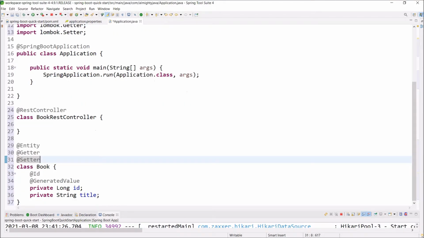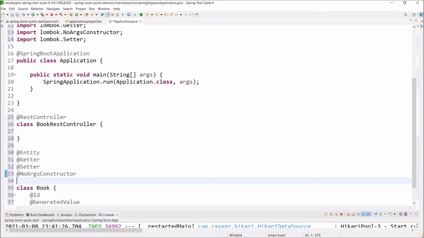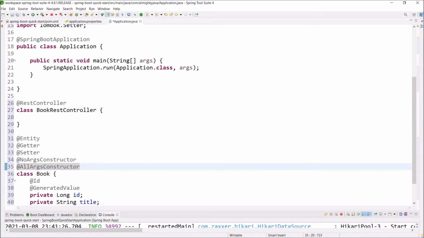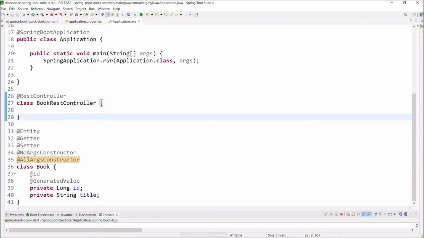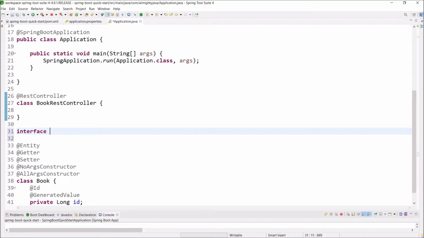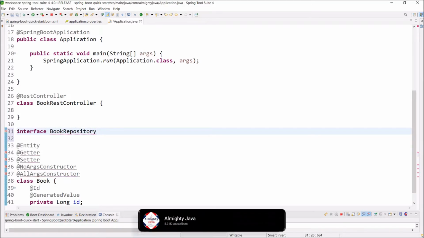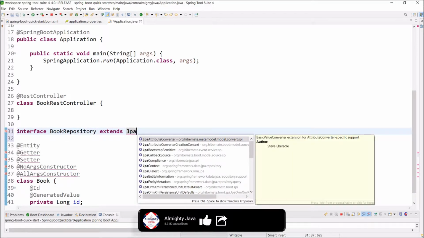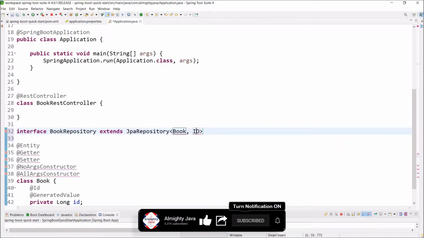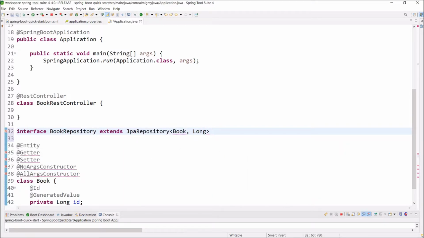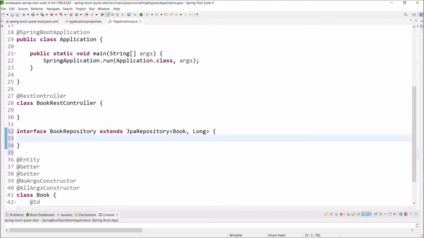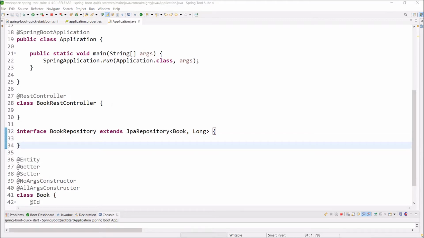Add the no-argument and all-argument constructor annotations. Now let's create a BookRepository interface. And here, extend the JpaRepository interface. No need to declare any method because we are not going to write any complex logic.